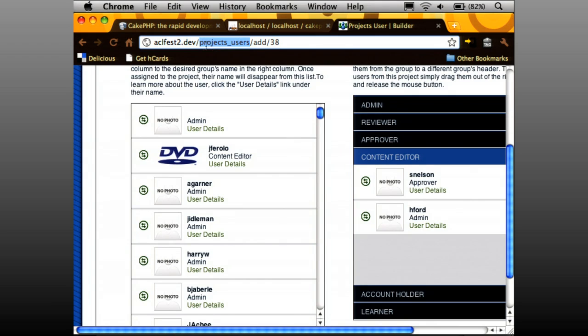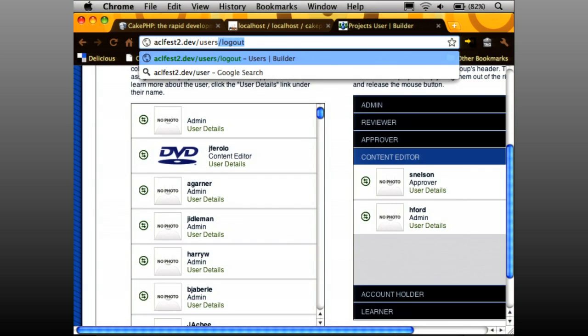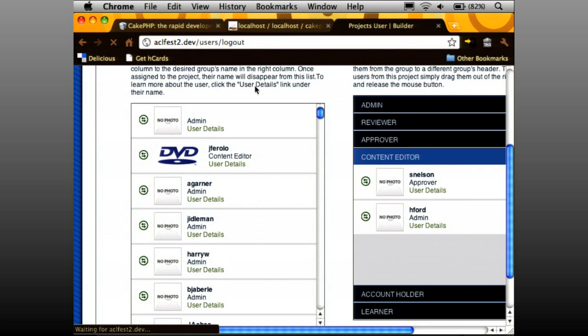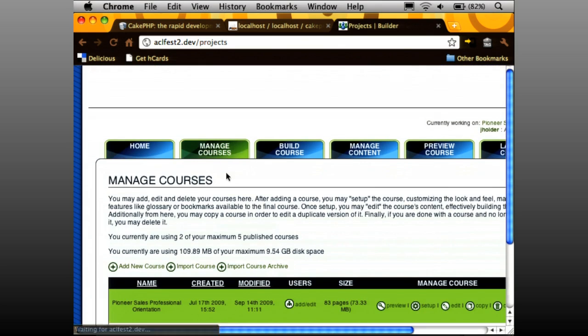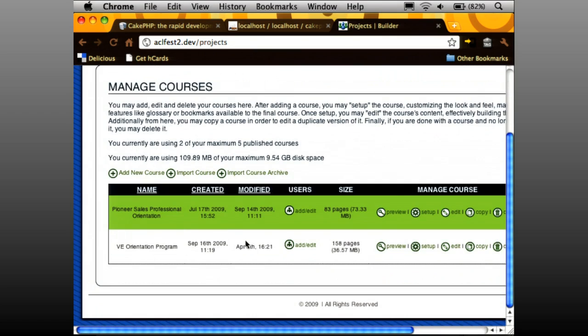And you'll notice if I go from here, if I log out, okay, there we go. And if I log in as an account holder, which I had mentioned is kind of those break off of community here, then you can see how the views have changed. All right, let's try that again. Okay, so if I hit the same links as I did, you can see there's only two courses there that are viewable,